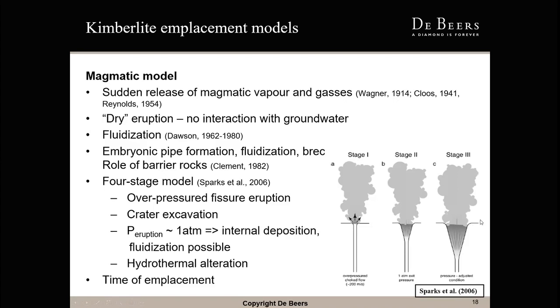Once this process carries on even further, at the point where the pressure of the eruption is equivalent to that of the atmosphere, internal deposition now becomes possible in the vent. Fluidization processes may be active as well. And usually from that point onwards, particularly large, coarse blocks, big particles, are no longer able to be ejected from the vent, and the vent may in fact become choked off at the bottom, depending on the stability of the wall rocks, etc. And then, of course, the last phase of this particular model is the hydrothermal alteration,